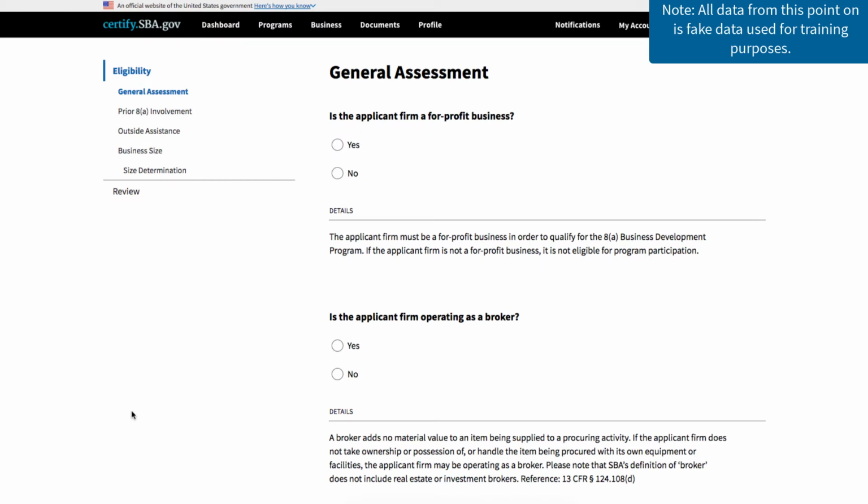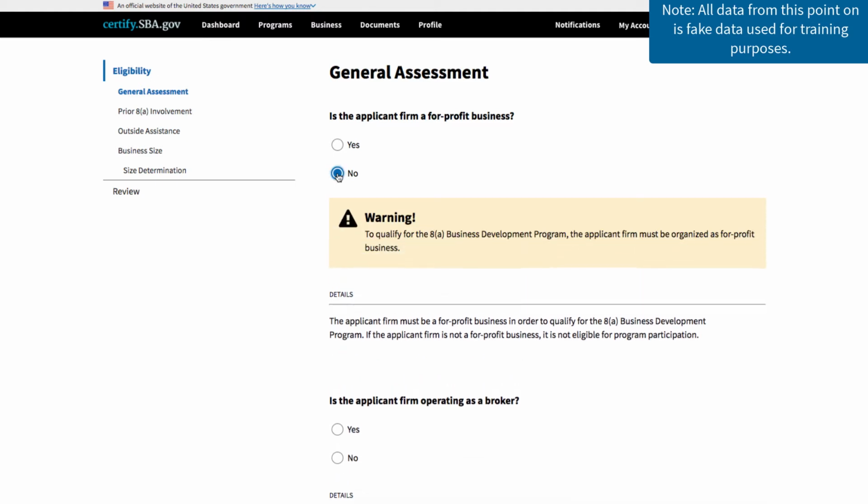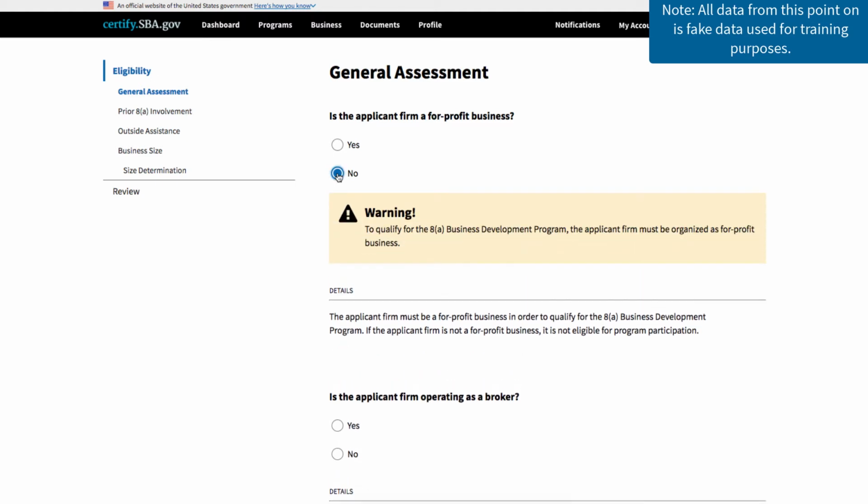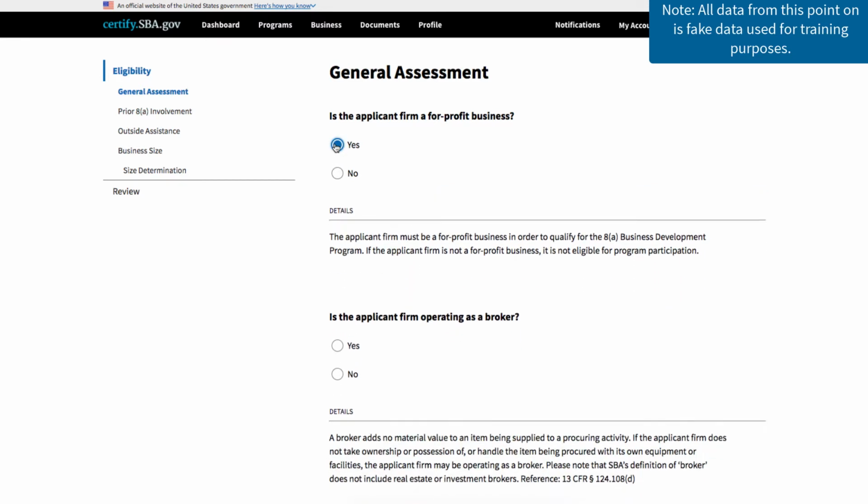For each eligibility question, Certify will give you a warning if your answer may disqualify you from the 8A program. For example, only for-profit businesses can participate in the 8A Business Development Program. So if you click No when asked, "Is this applicant firm a for-profit business?" you will see the warning and additional information about why you are receiving the warning. If you selected No by mistake, you can change your response to Yes, and by doing so, the warning is